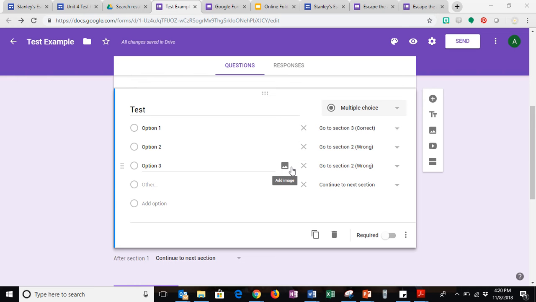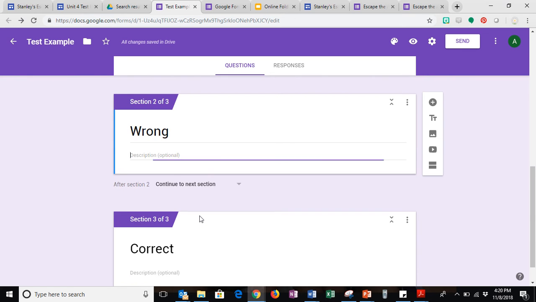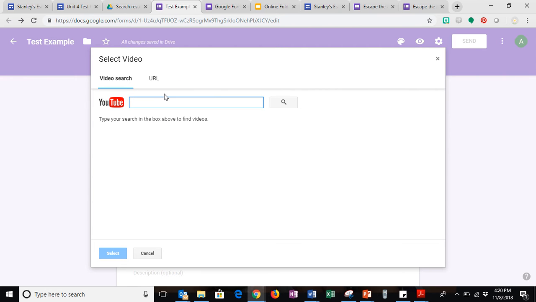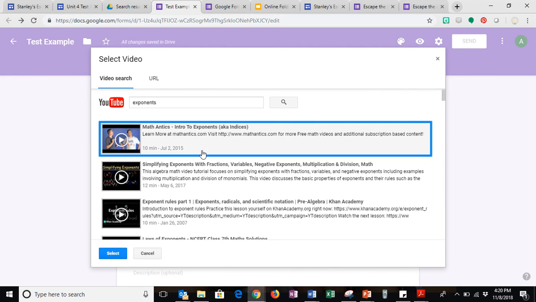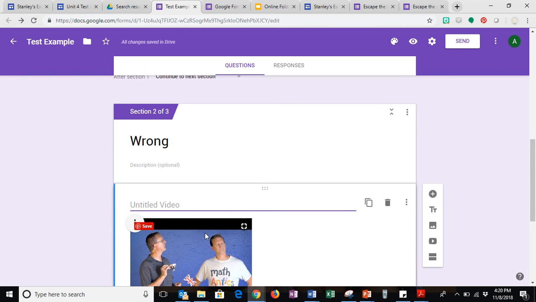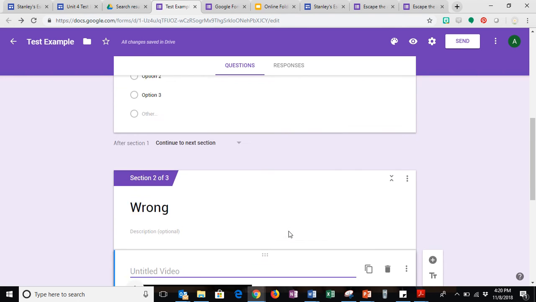The other cool thing about this, if you were to go to the section where it was wrong, in this section you could go ahead and add a video if you wanted to, right here, and it would populate that for you pretty quickly. So if you were doing something, let's say about exponents, if I'm in a math class, you can search for something and just select a video and put it in,